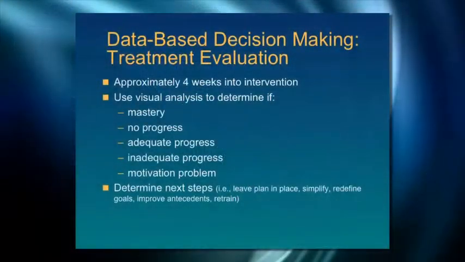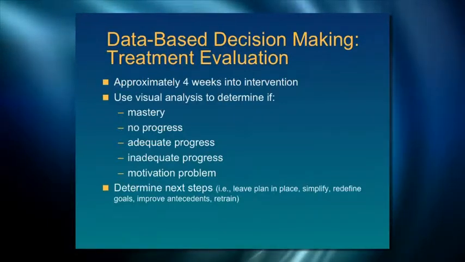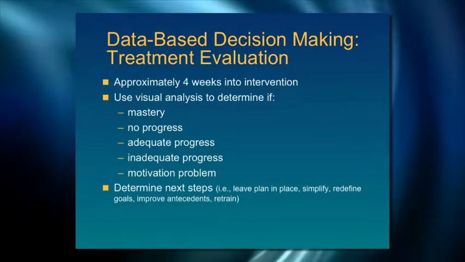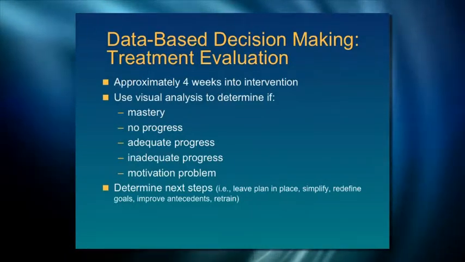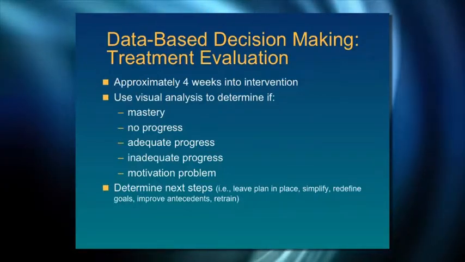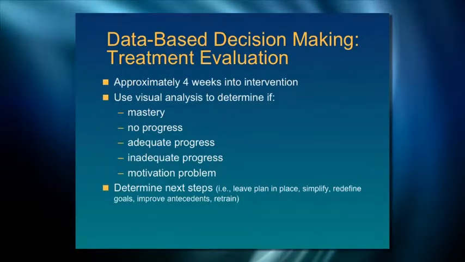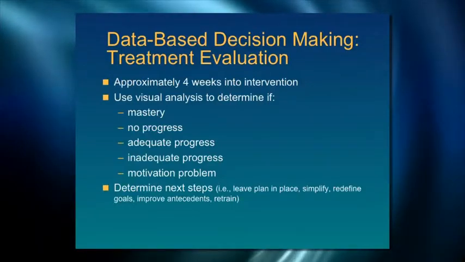If there's adequate progress being made, but we haven't reached mastery, then we continue the intervention. We probably make some minor tweaks to it, but we just continue the plan as is. And then, of course, we could have inadequate progress. So we have some partial progress, but it's not at a level or a trend or slope that we want to see, in which case we keep some components of the intervention, but there are other parts of it we need to change. So we don't throw the baby out with the bathwater in this case, but we think about what components we want to retain, and then what do we build on to deal with that